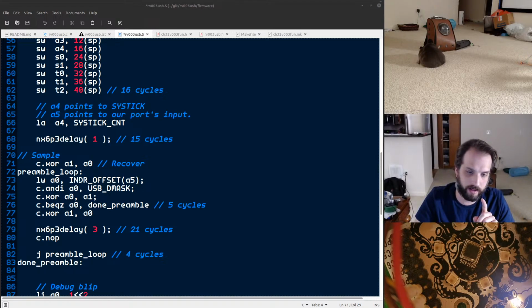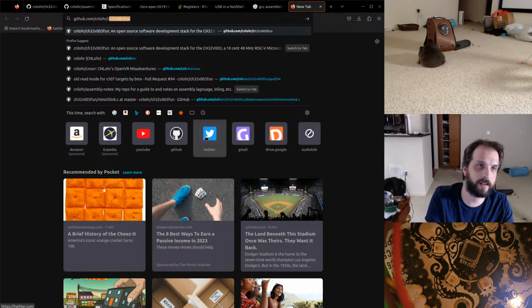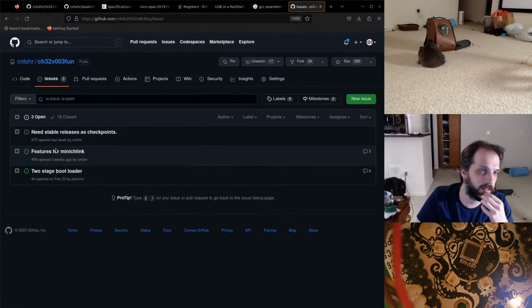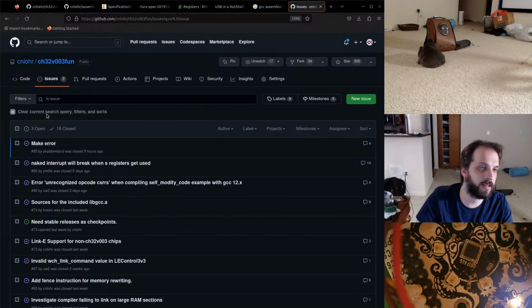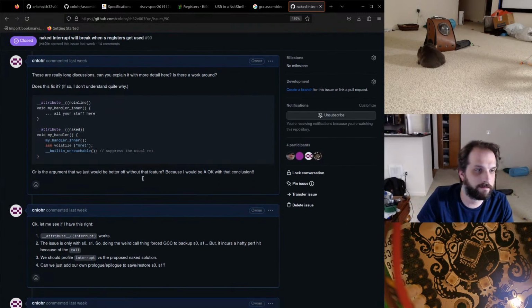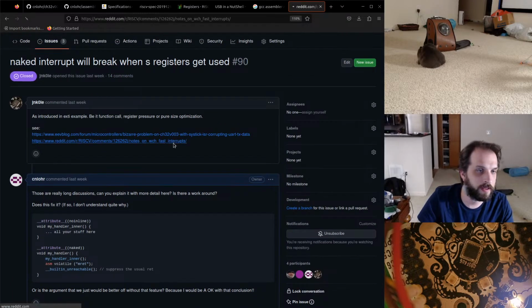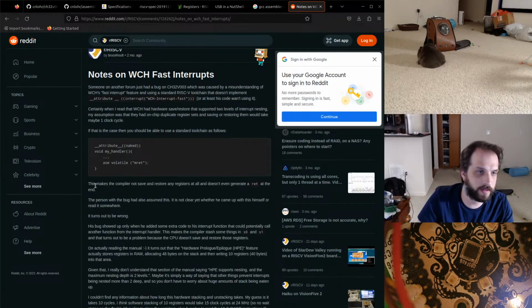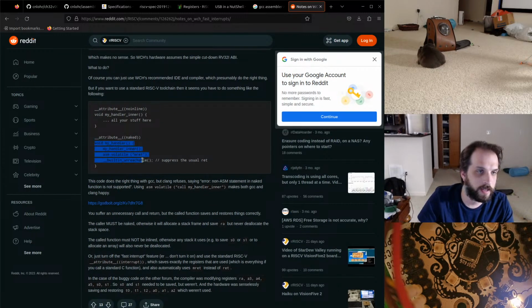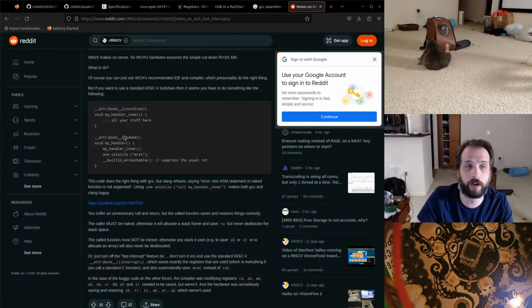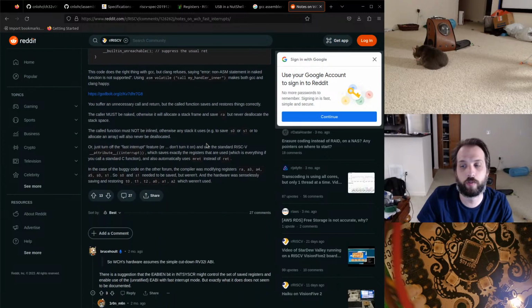I have a closed ticket on it now. Which is, oh gosh, this is so cursed. This is what you have to do. And it's actually even worse because in order for this to be portable, you have to actually use the call command inside your naked interrupt to call the C function from your interrupt. It gets really gnarly, and I don't want other people to have to do